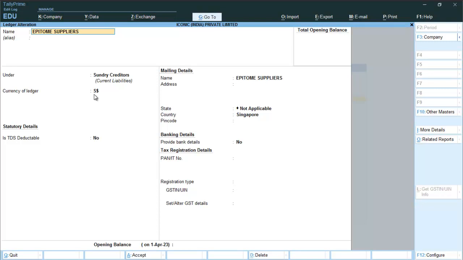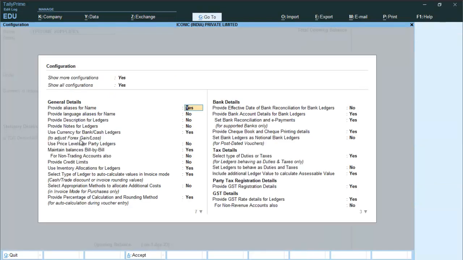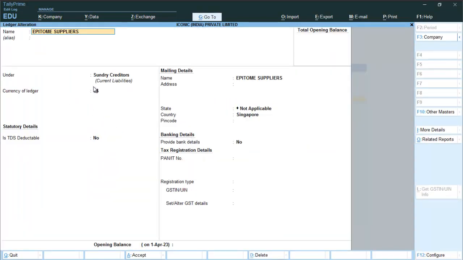Currency of ledger is Singapore dollar. Now you can press F12 and activate this particular option, which is use currency for bank cash ledgers, so that this becomes visible here and you can put the required currency of ledger. So epitome suppliers pertains to Singapore,